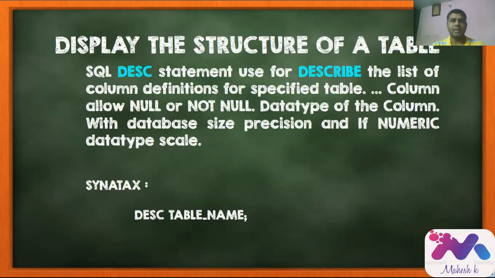So next one, display the structure of the table. Displaying the structure means whatever data type we assigned for the attributes, we can come to know that very easily. That is a plus point. We can know which column supports null and which column does not support null values, and which data type we specified for each column. Sometimes by mistake we use a wrong data type for a particular field. That possibility is there.